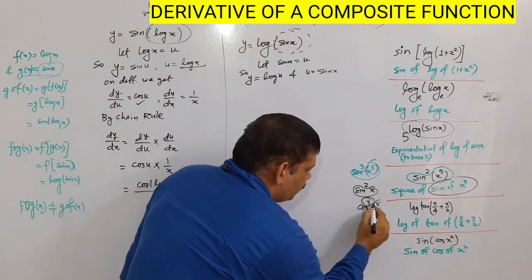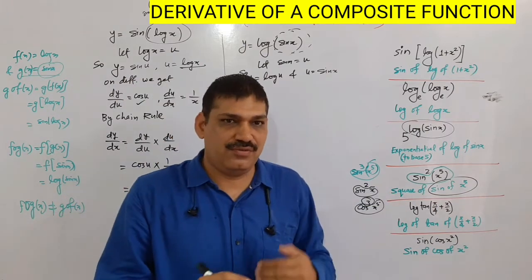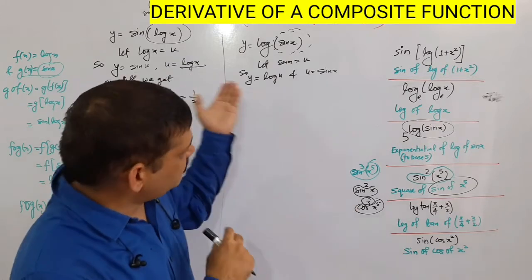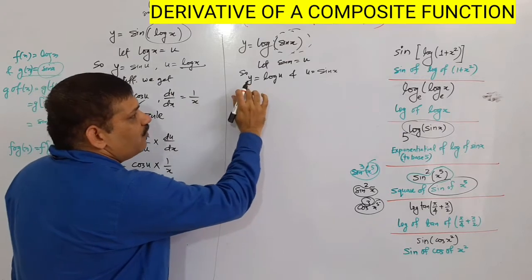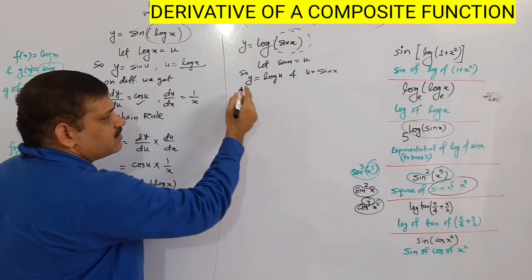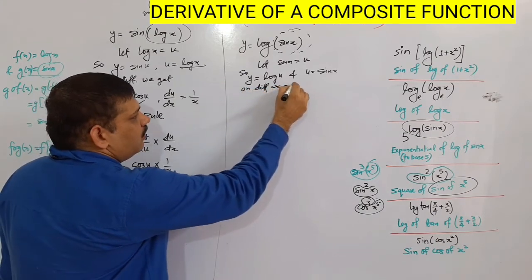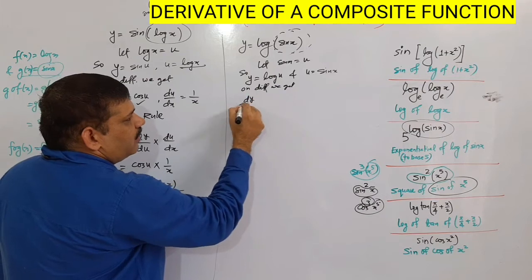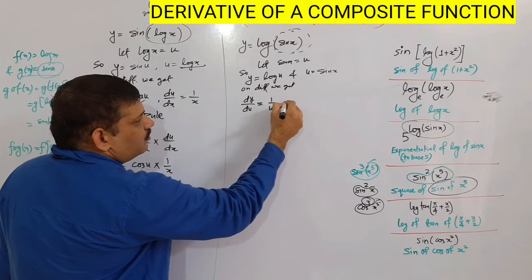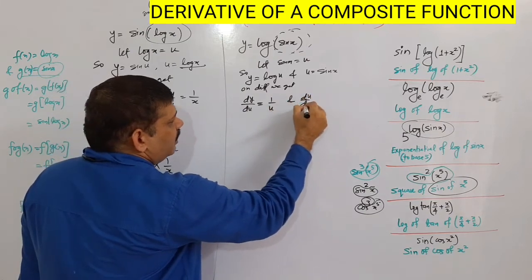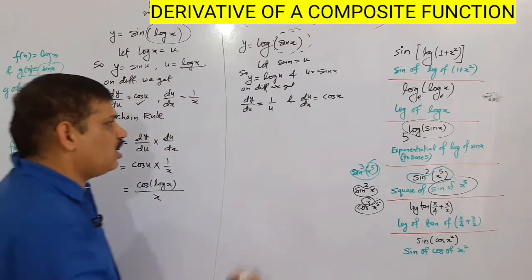So cube of what? Cube of something? Cube of cos of x raised to 5. If you try to find the composition of function, then you can easily find out the derivative. Now y depends on u and u depends on x. So on differentiating, we get dy by du. The derivative of log is 1 upon u. And du by dx, the derivative of sine x is simply cos x. Okay. Now by chain